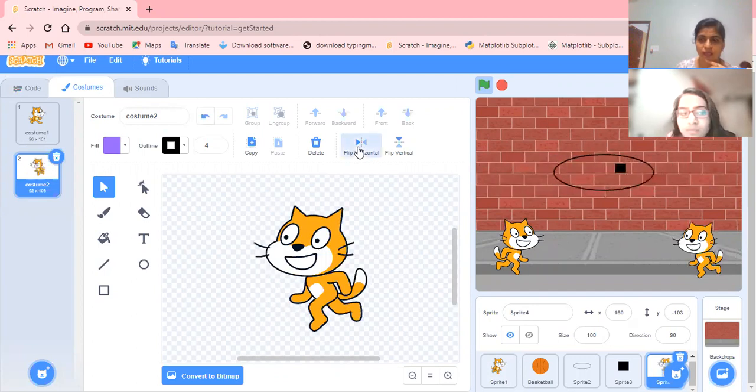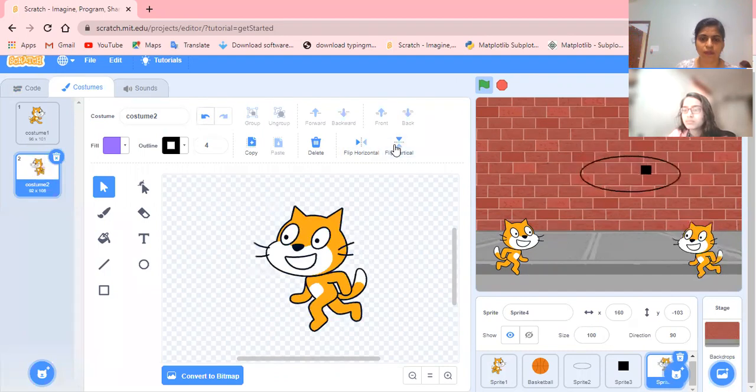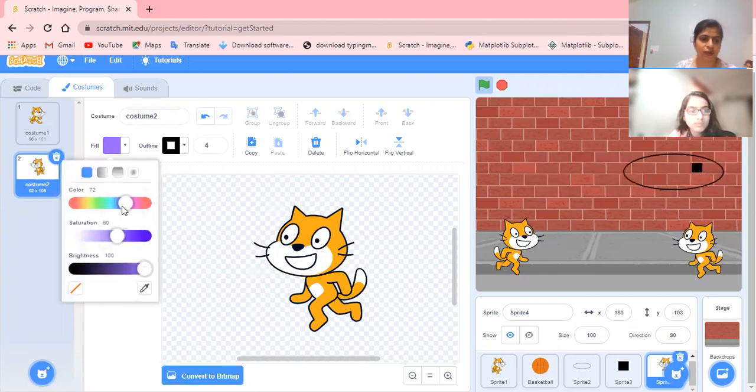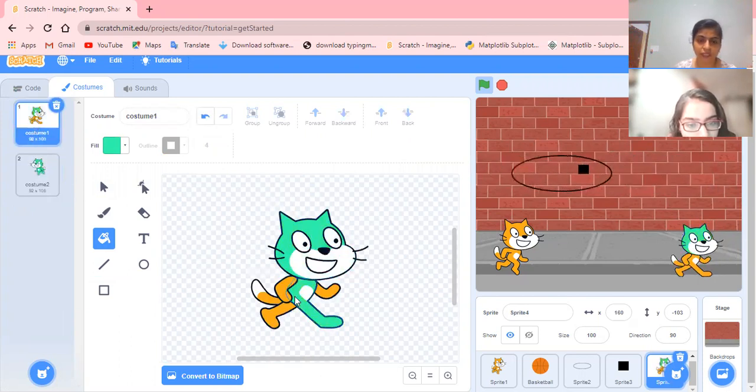You see, right? The cat has been flipped. Flip vertical: sometimes if we need for any sprite, top to down, down to up, we can go for that. But right now we need this one. And then color, let's take the color and fill in the cat. So any color as per our choice. Okay. And in both sprites, because there is a walking movement, right? So one by one each pair, then sprite 1 also, because while walking we are changing and calling the sprite. If we do not do this, it will not work practically.